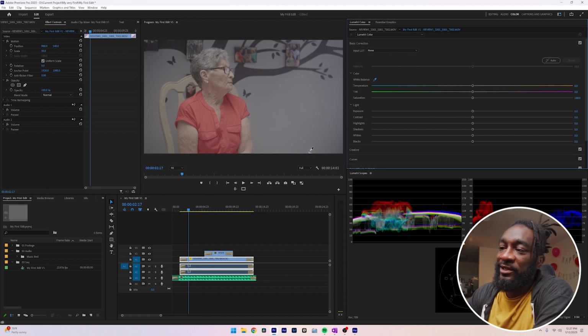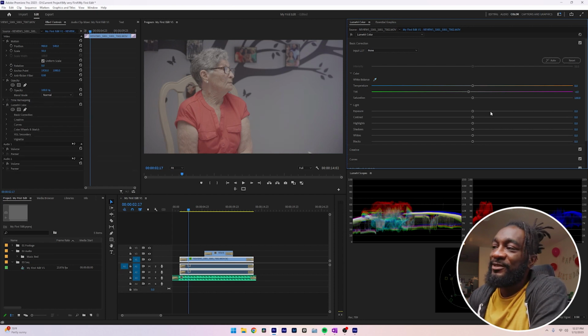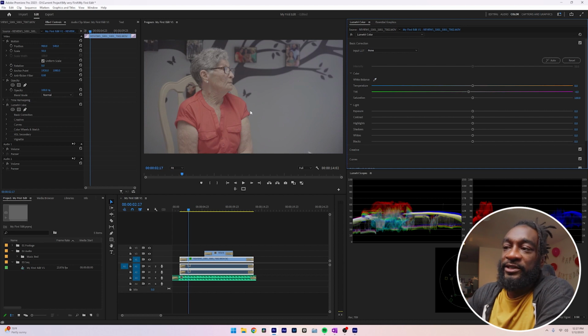This is probably not the best use of it. But what I can do is this eyedropper tool will set my white balance to this little piece of paper that I can see here. And it did kind of work. It balanced my whites a little bit. Also, you can see it's kind of desaturated. So what I can do is just go ahead and bring up my saturation here